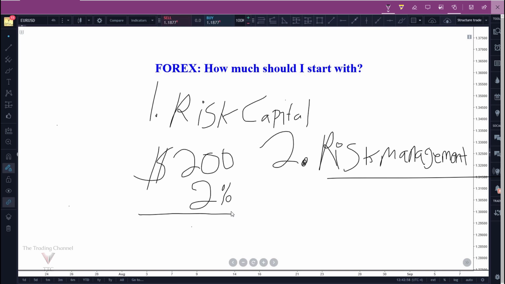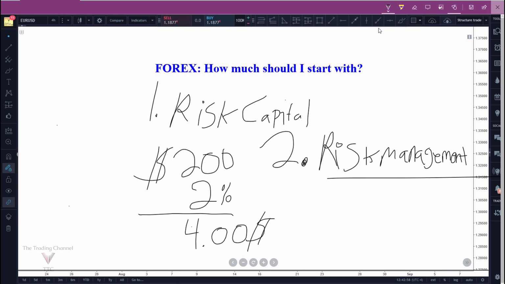Even up to $200. At least then you're winning and losing $4 per trade. And to some people, that may be enough to stimulate them emotionally in their trading in order for them to get their minds used to that type of emotional stimulation. So that's really the whole point of us starting with a small amount, is to get emotional stimulation. So this is going to be depending on the amount of money you need to win and lose in order to get that emotion attached to winning and losing trades.